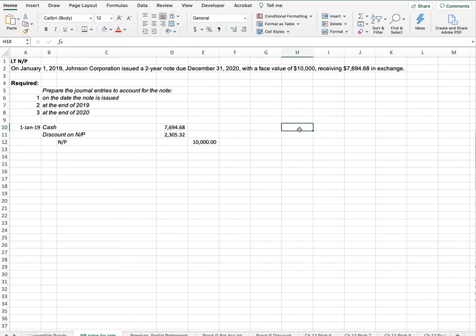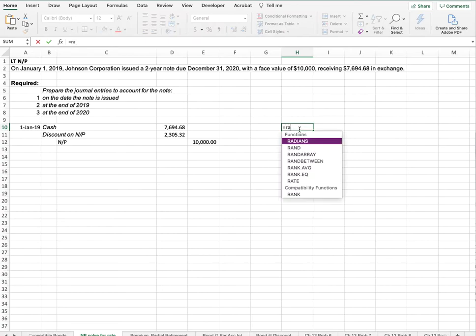And so we could use the present value tables and then solve for the factor and then find that factor that aligns to the 2-year period. But we could also just do it in Excel using the rate function. So we can type equals rate, open parentheses, number of periods is 2 years. There are no payments that are being made throughout the course of that 2 years, so we'll put 0 there. Then it's asking for the present value,